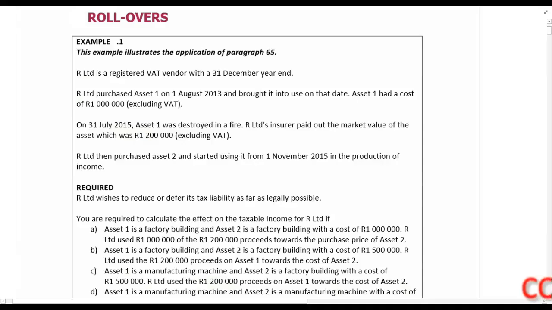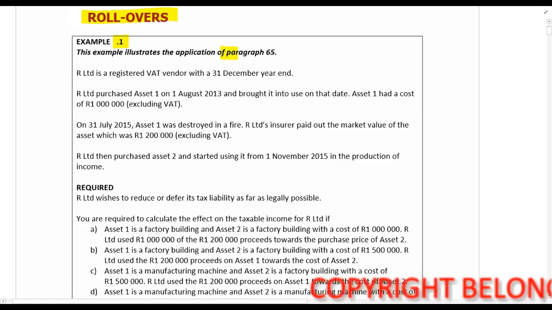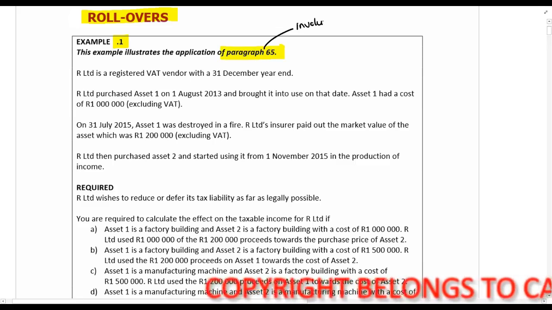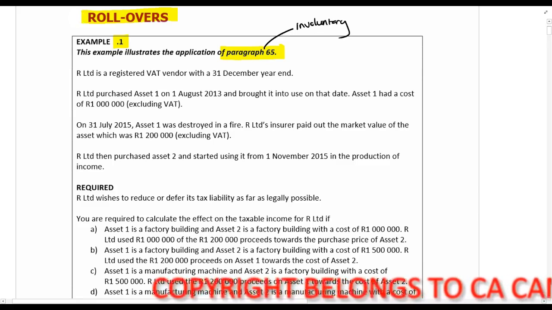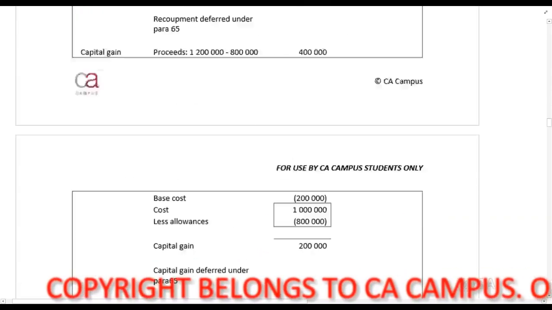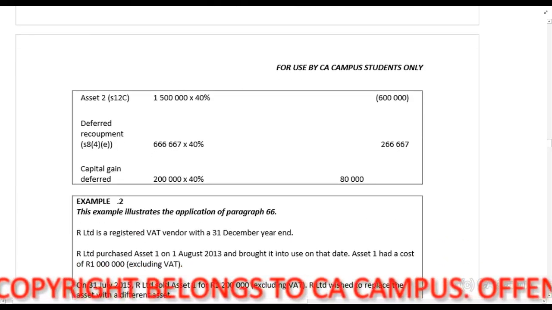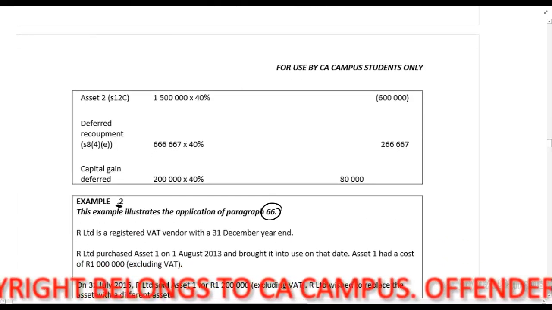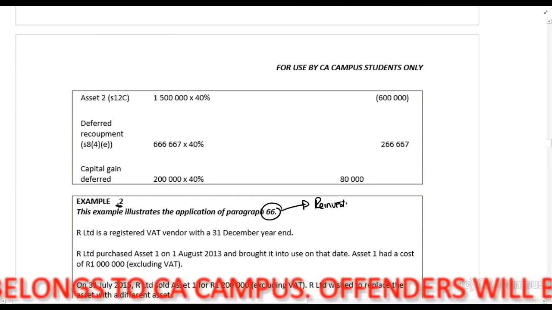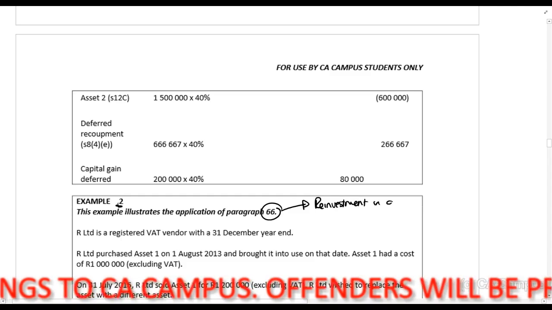In the next set of lecture examples, we look at rollovers. Now again, I'm not going to go through every single one of them, but what I want you to see is that example 1 talks about paragraph 65. Paragraph 65 is the involuntary disposal of an asset. And then I want you to see, we have example 2, which talks about paragraph 66, which they just call the reinvestment in assets, so